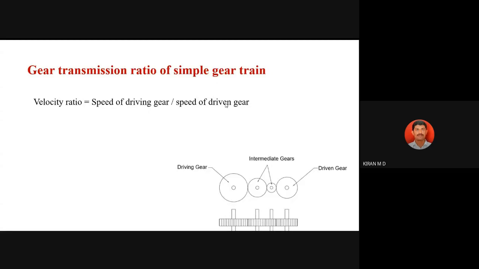Speed of driving gear divided by speed of driven gear. I told you at the start, in previous classes, that when we are considering the velocity ratio, we use the concept of speed of driver divided by speed of driven gear. So what is the speed of driver? We can write this